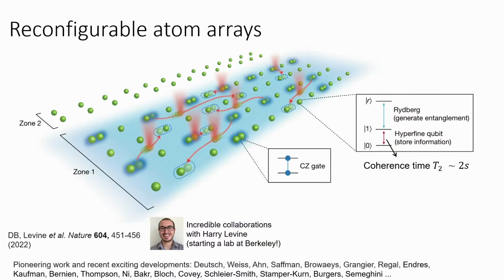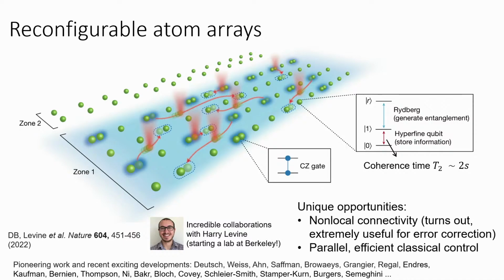And when we want to entangle 2 atoms, what we do is we zap them with a very precisely tuned laser frequency. This excites them to a high-lying orbital state, which we call a so-called Rydberg state. And this generates entanglement. The coherence is so long that we can, in fact, move the atoms around in the middle of the computation. And what this allows us to do is dynamically reshuffle our atoms, pulse a global laser, and in this way program complex circuits.